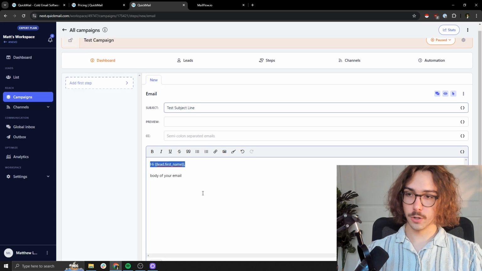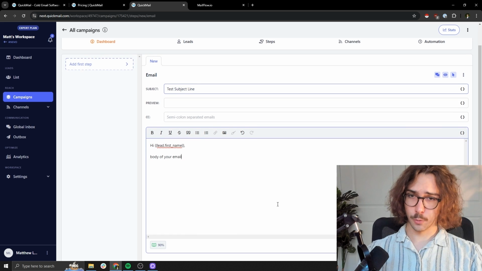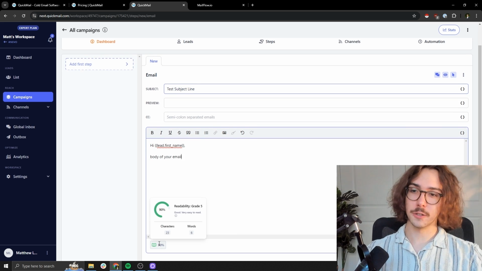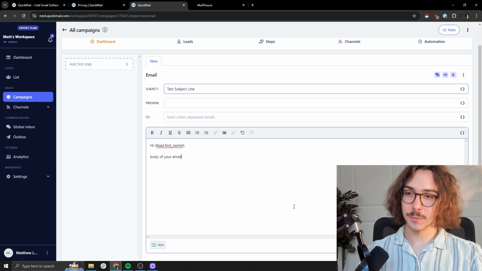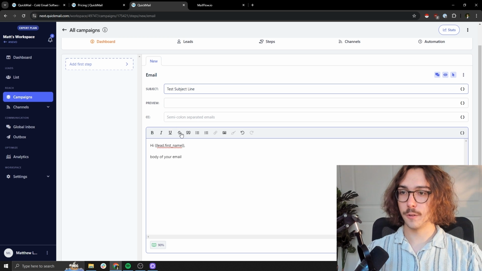So you can put your intro, your opener, you can have your signature here. You have a readability score as well if you want to calculate basically how clunky your email looks. I personally like to keep my emails super short to make sure that people open them and read them. And basically there's all the other settings you can imagine here. If you want to format the text in any way, if you want to include any variables,